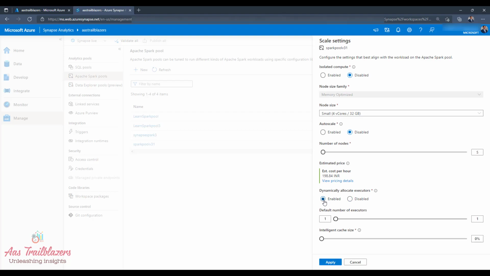So if I enable this feature, it's going to ask me what's the minimum number of executors that I want to have for this Spark cluster when I'm executing the query against this Spark pool, and what's the maximum number of executors that I'm going to have for this Spark session. This is a slider that I can slide, and in this case, because my Spark pool has 5 nodes, I can go up to 5 nodes maximum as the number of executors, and on the left side I can drag it to 1 or 2 or 3